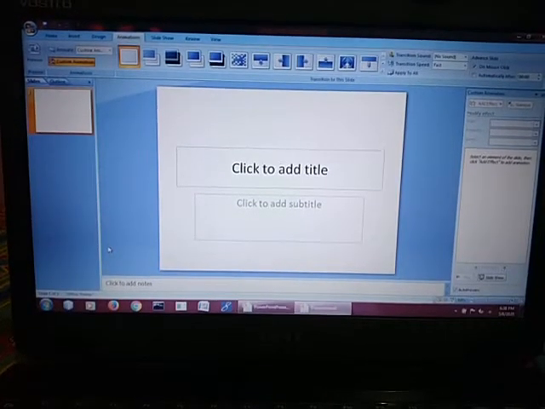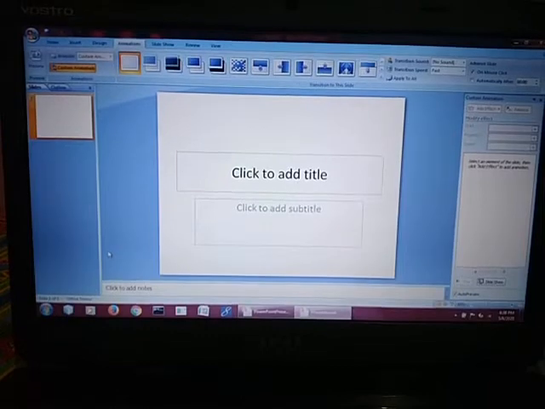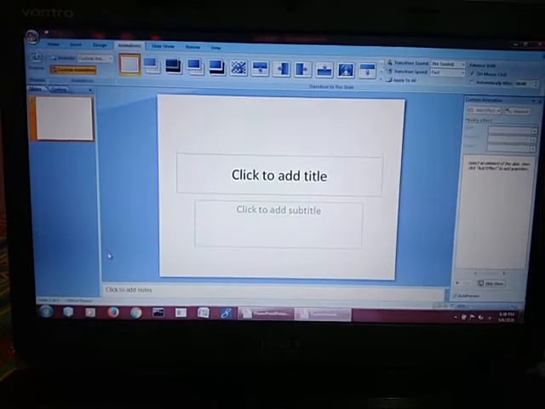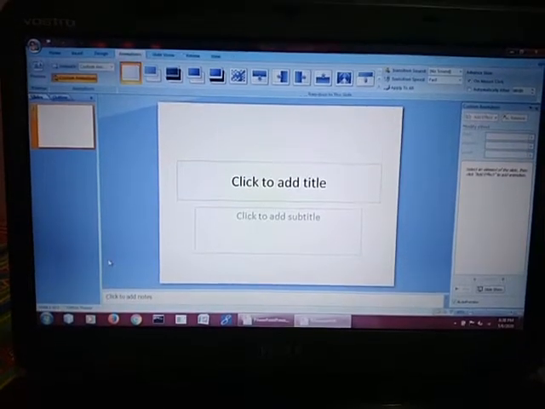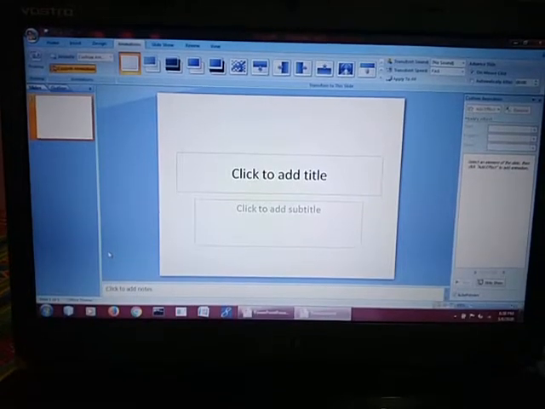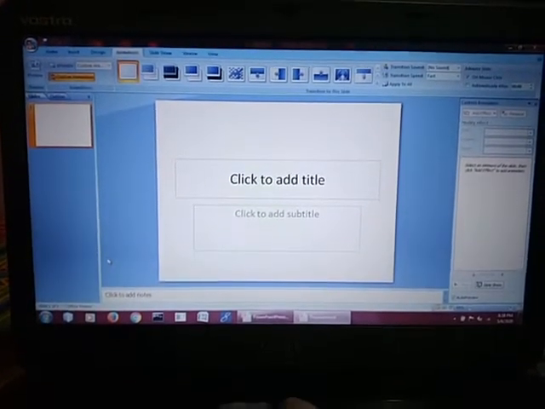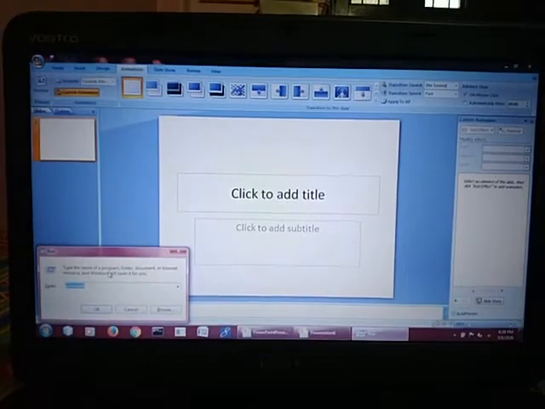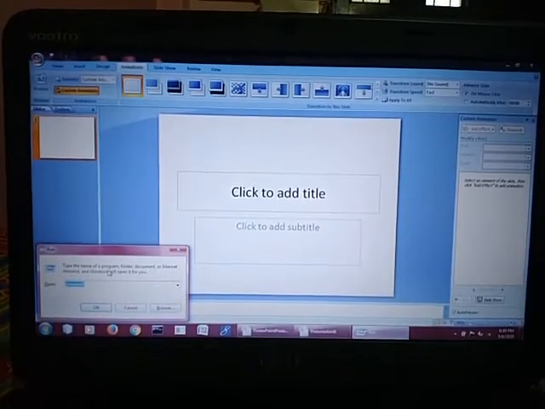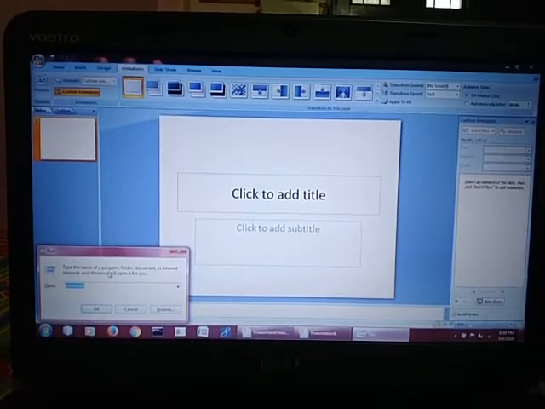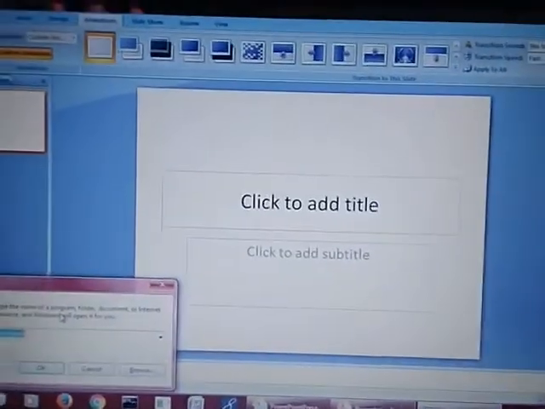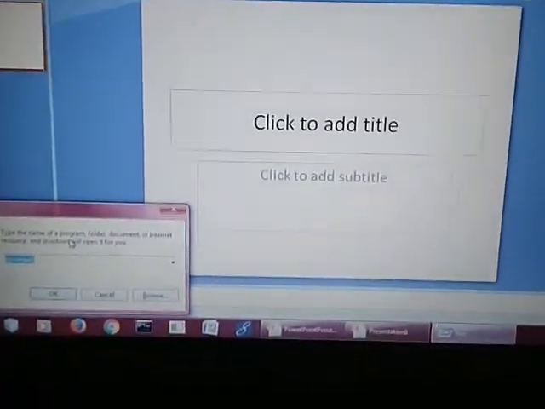There is also one shortcut for opening the PowerPoint presentation, and I will tell you the shortcut as well. For the shortcut, you have to press Windows plus R keys on your keyboard. Which keys? You have to press Windows plus R. Clear? Then a Run dialog box will open over here.